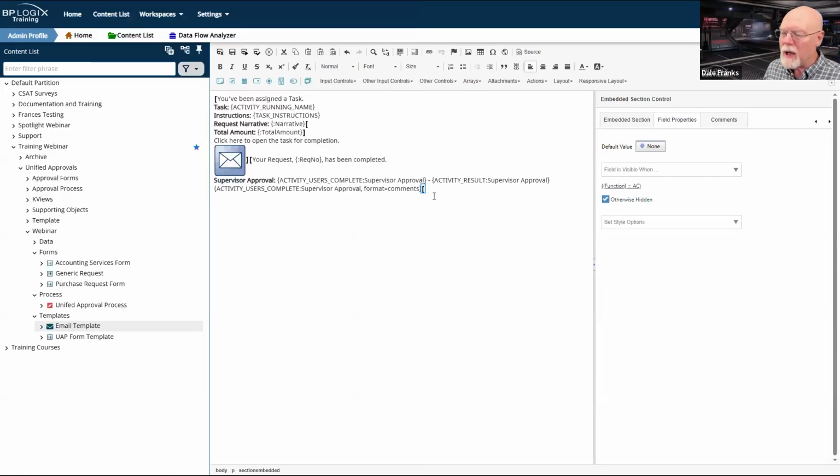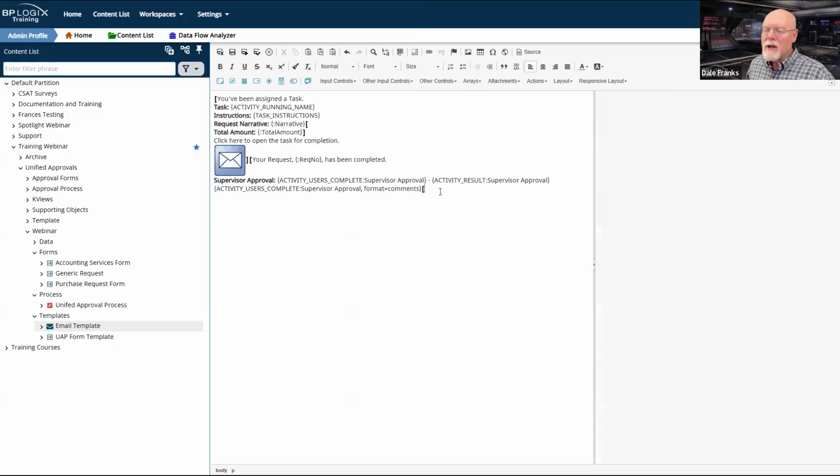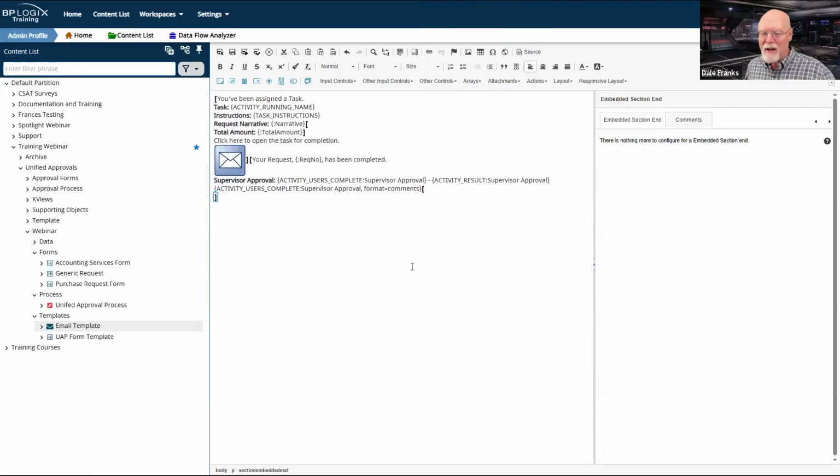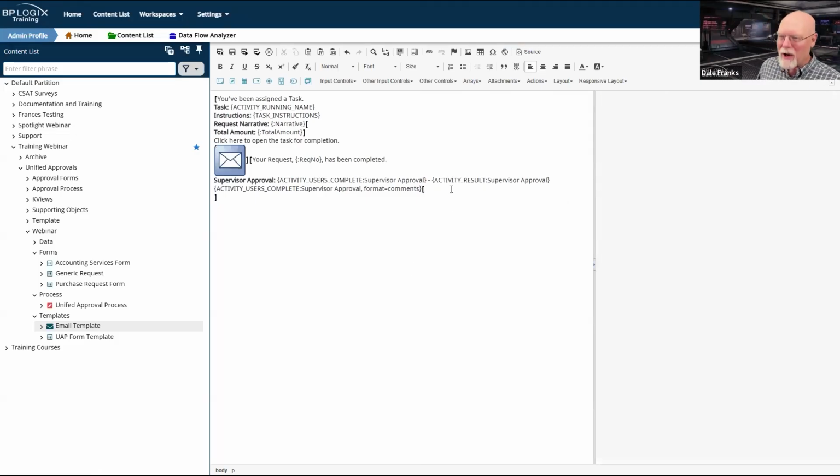I'm going to set this to be otherwise hidden. So now I have a section, and I'm actually going to put a space here, and I'm going to add the embedded section end so that I know where my accounting section ends. So I'm going to go right back up here.